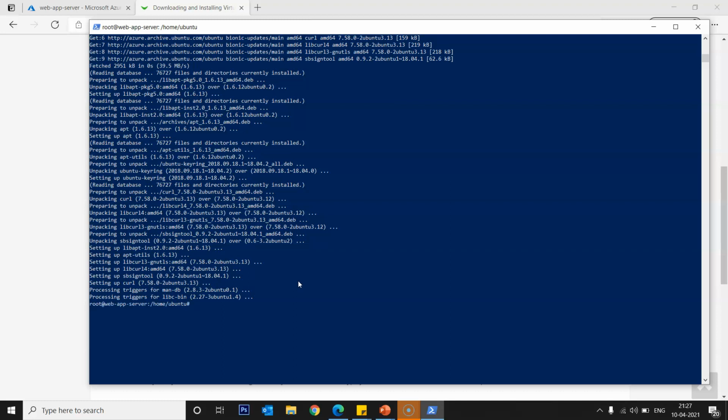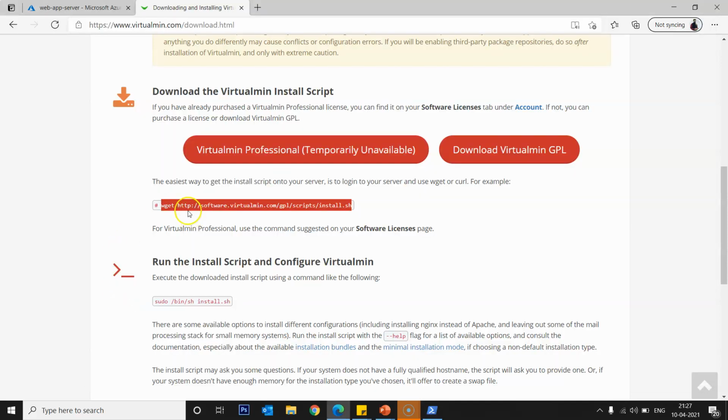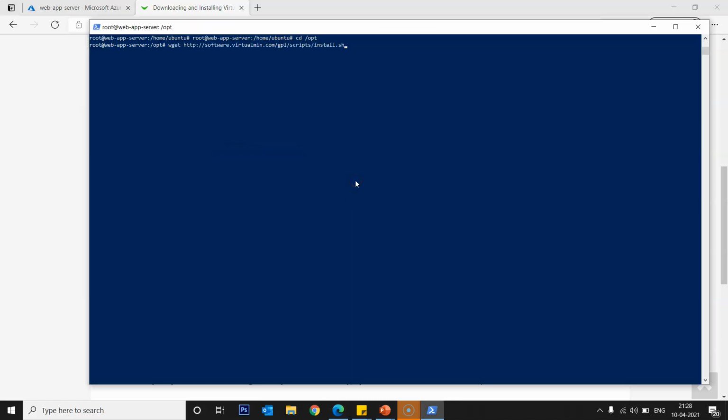So now your OS is totally updated. Now let's go to the opt folder. I have copied the wget and sh path. Copy it, install.